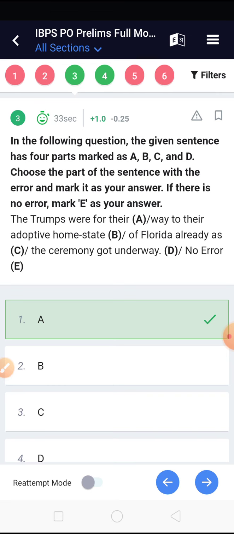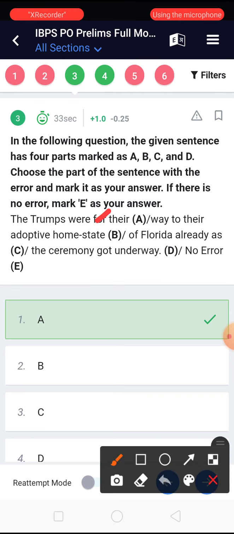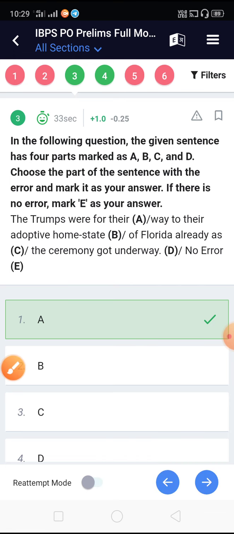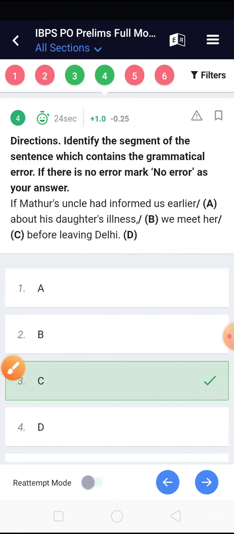The Trumps were on their way to their adoptive home state of Florida already as the ceremony got underway. तो ए में हो जाएगा. चौथा,